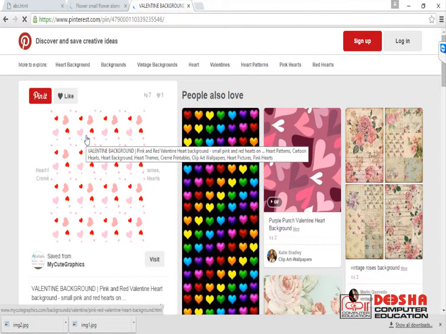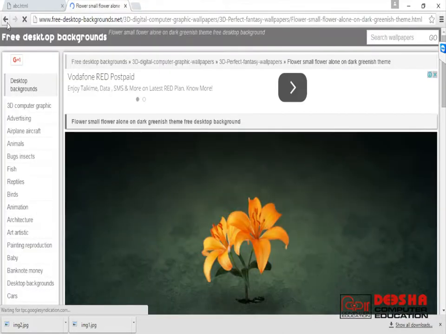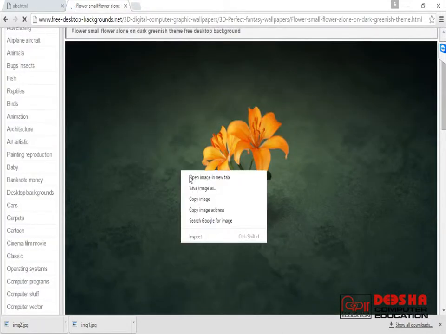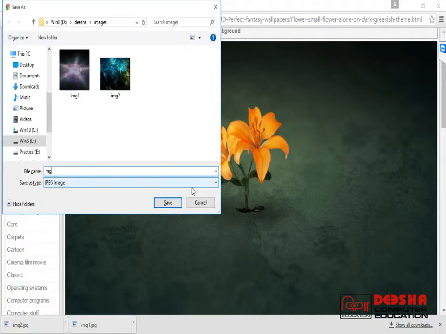These images are also, I think, protected images. Fine. We'll search for some different one. This is a bigger image. Save this image. img3.